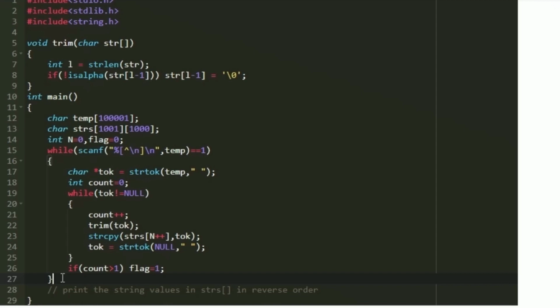If flag is equal to 1, then it means that our input was received horizontally. If flag is equal to 0, then it means that our input was received vertically. Now we can just print our output. It is given in the question that we have to reverse and print it. So for reversing, we can just iterate from the index n-1 till 0, and if flag is equal to 1, then we can print a space, else we can print a new line. So this is the logic to solve today's daily challenge. Thank you for watching.